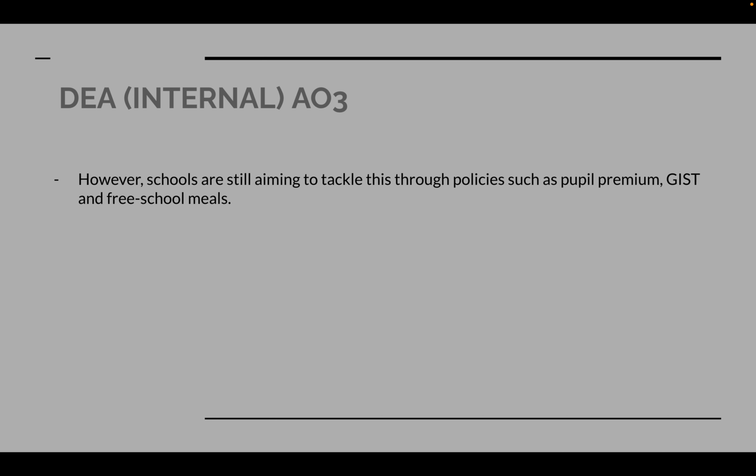Now, at AO3, for this, is schools are still aiming to tackle this through policies such as pupil premium, gifted and talented programs, and free school meals. Schools internally are all trying to actively stop this. There are Ofsted observations which prevent teachers from being able to be like this in the education system. So therefore, there are lots of internal policies and phenomena that do try to stop these internal factors of oppression and inequality against working class students. So yeah,